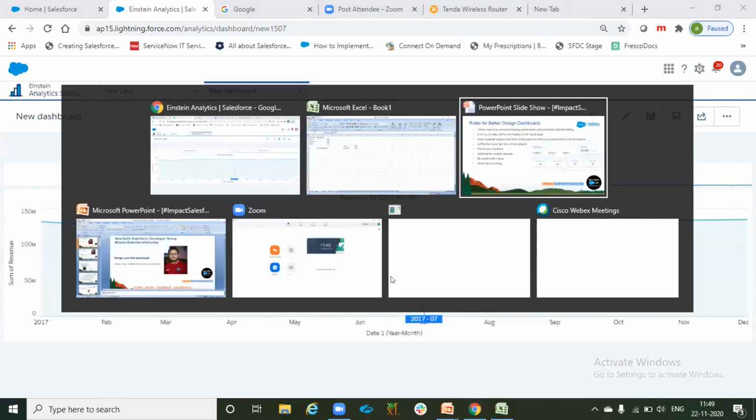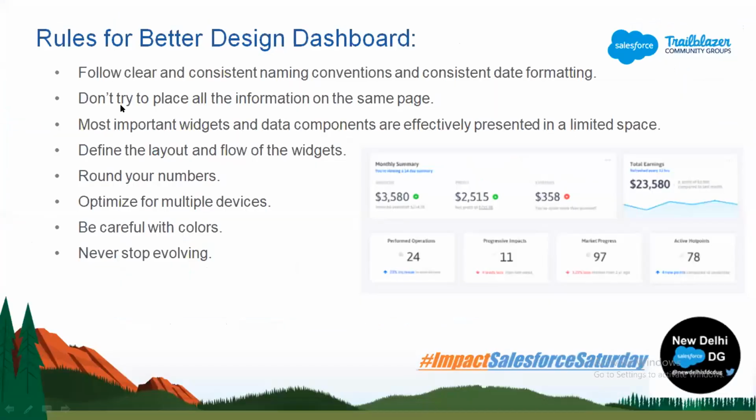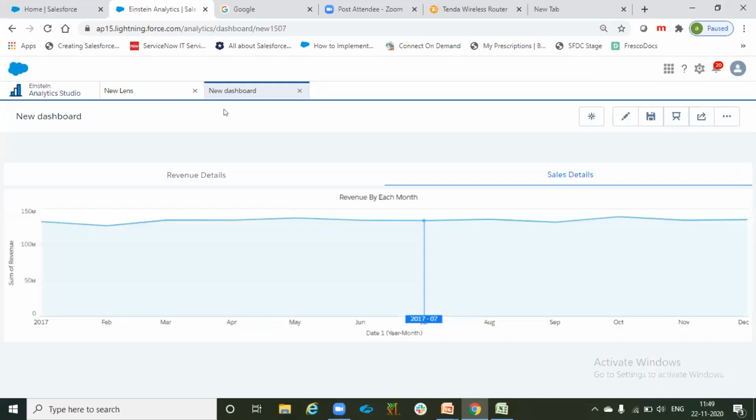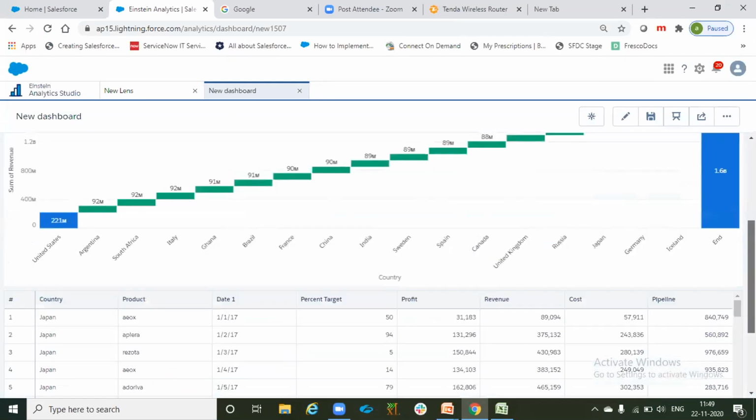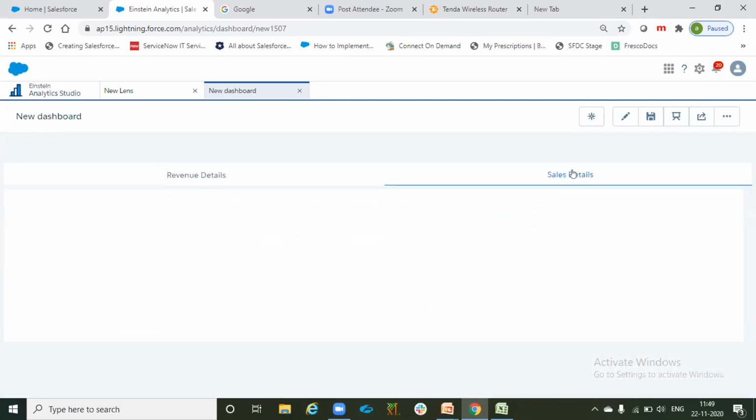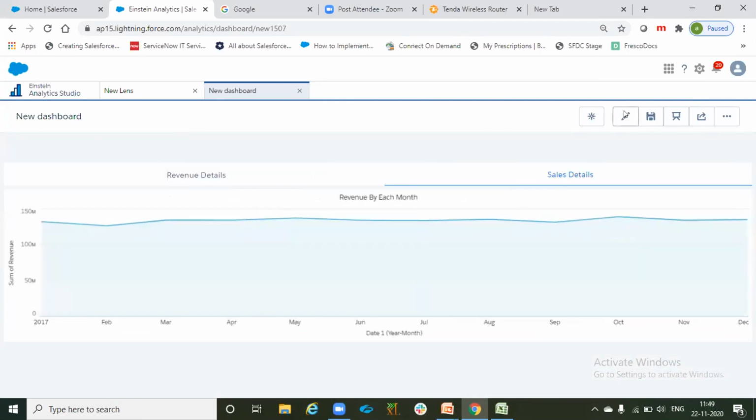So that means don't try to place all the information on the same page, and we can follow this rule using this widget called navigation here. My revenue details are coming in this way, sales details are in this way.